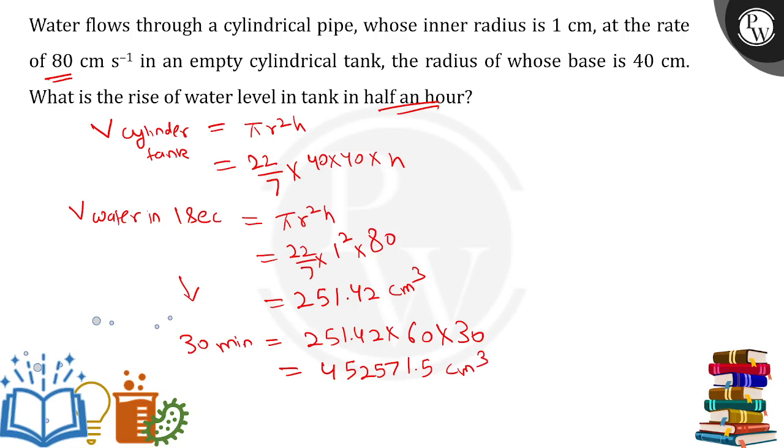Ultimately, the level rise. Now this much volume of water will be passing through in half an hour, and this much volume would be equal to the volume of the cylindrical tank. So I'll equate both of them. Equating it to this, that is 452,571.5, from here h will be equated as